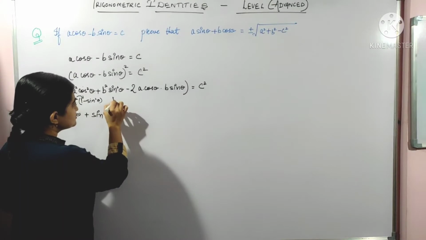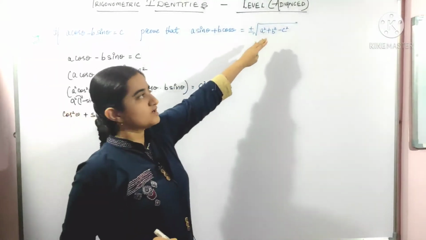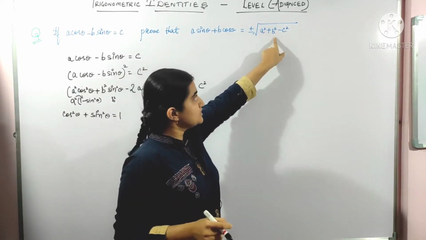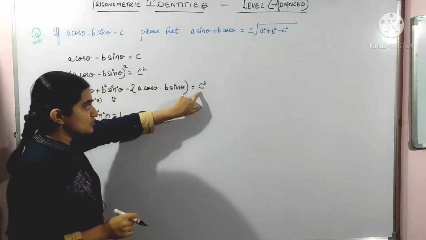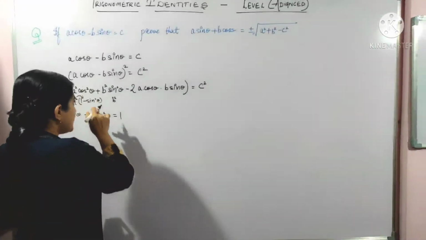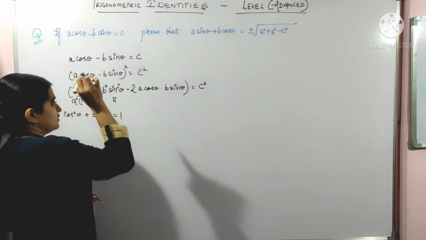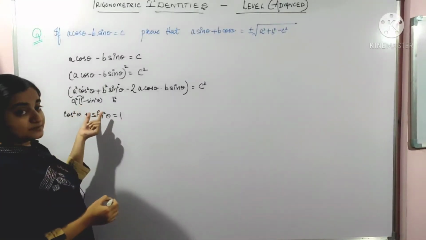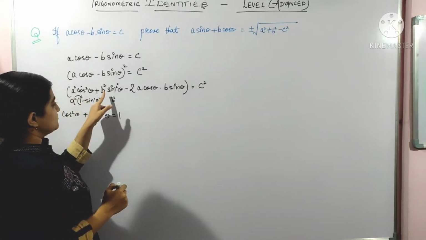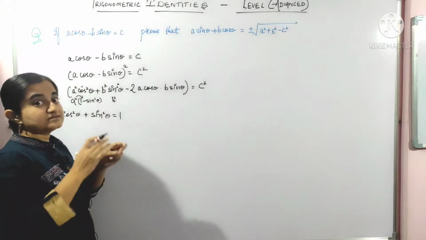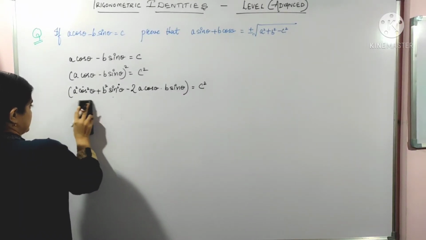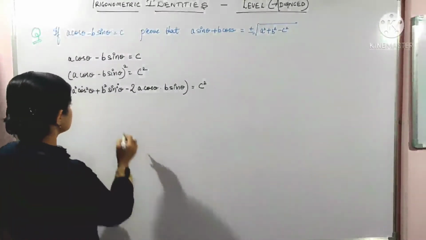And we will get a square, isn't it? And similarly we will get b square here also, and we are moving towards our goal, because in our final answer we want a square, b square and c square independently. C square we are having, but we don't have independent a square and b square. So for that we have to apply an identity here and here also. When we apply this identity, we have 1 here, and because of this 1 we can get a square, and because of 1 here we can get b square, separately without any trigonometric ratios attached to it. Okay, I'll show you, and this question will turn out very easy.